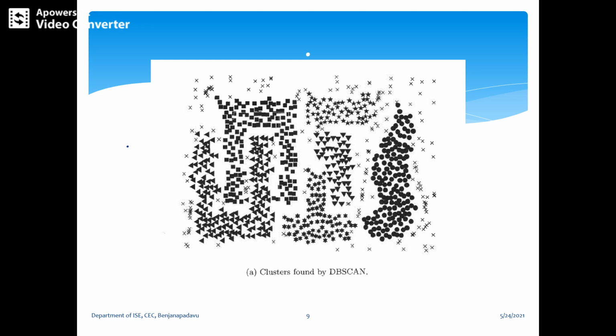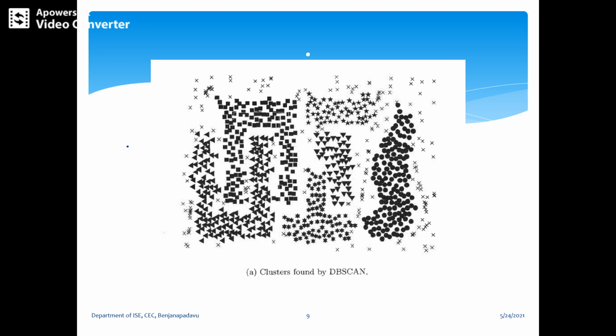The initial diagram: let us put here k equal to 4 and EPS equal to a total radius of 10. There are four different symbols here, as we have taken k equal to 4. Now we are going to do it. What are the core points, border points, and noise points? How are we going to identify them?